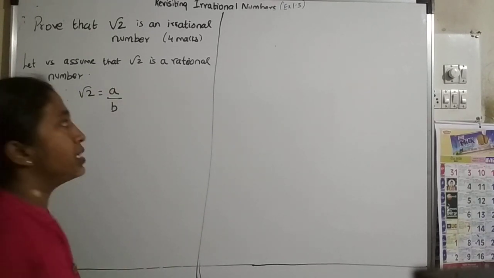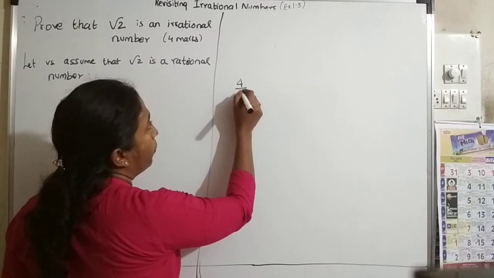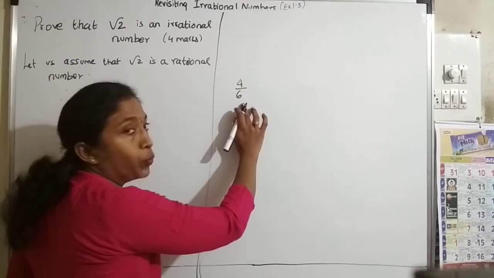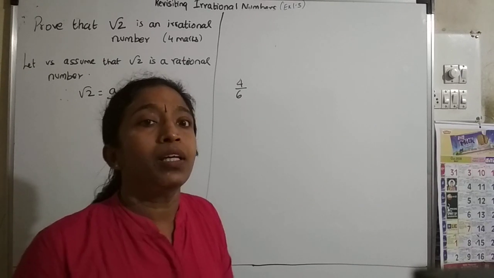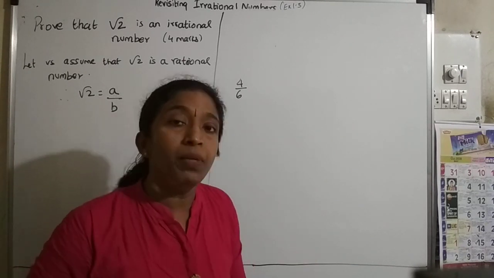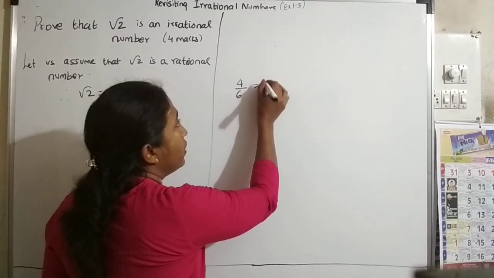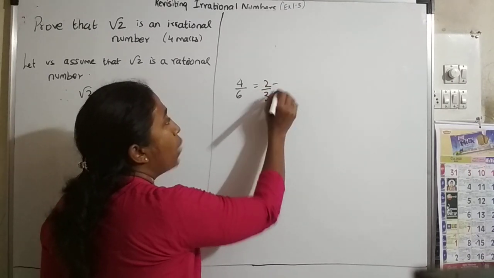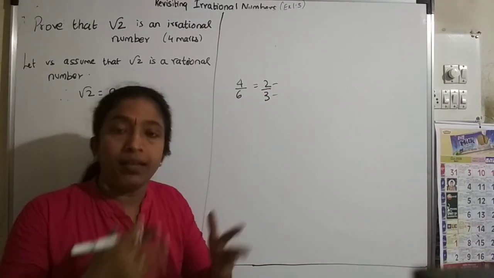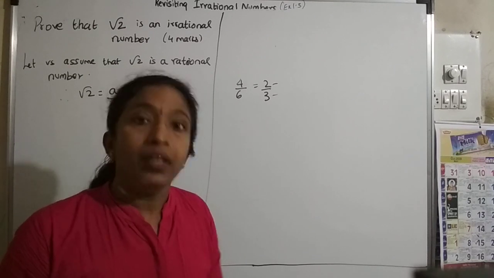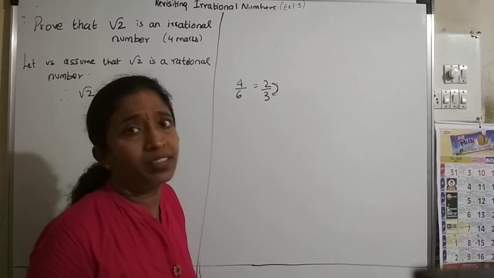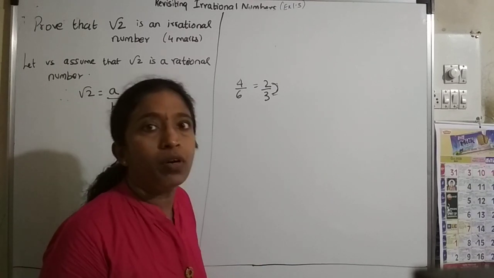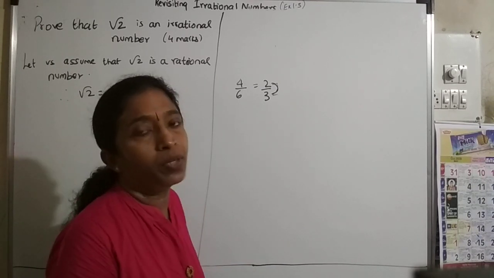For example, if I take 4 upon 6. Now here you know that for any fraction or rational number, we are accustomed to always reduce it to the simplest form, right? So in the lowest form we write 2 upon 3. Here 2 and 3 are integers. 2 upon 3 is a rational number, right? Now here the relation is that they don't have any common factor other than 1. Now you will say 2 and 3 are already prime numbers, so they will not have any common factor. What is the new thing?